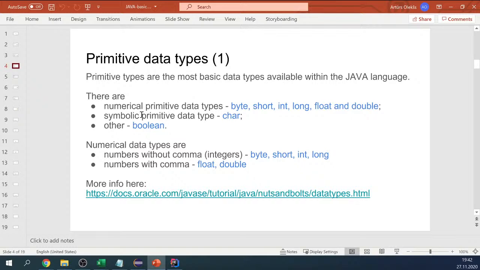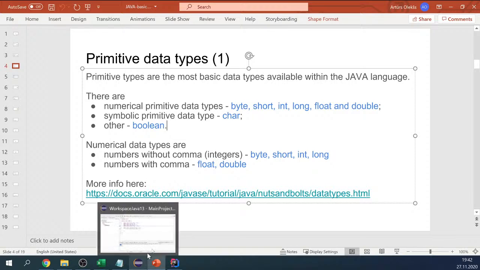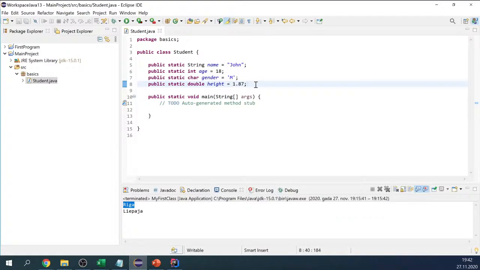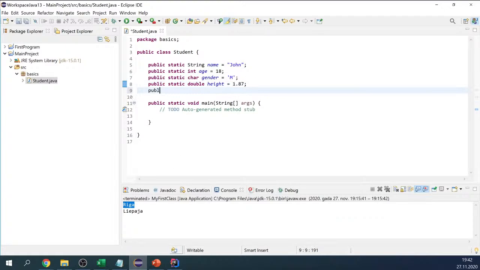And we have one symbolic primitive type, character, we already used. And another type is boolean. Boolean means true or false. Just like in this case, as an example, we go to our program, so we can see public static, and we can define boolean and define the following attribute as boolean,